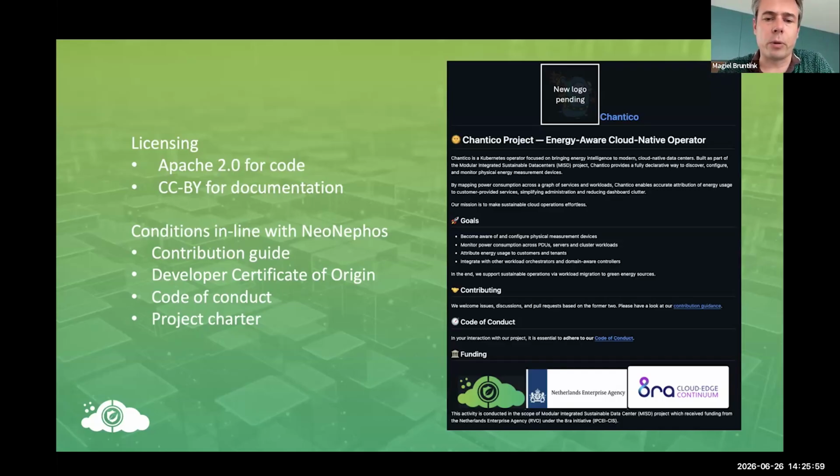And these things are all adopted by our team. We're using the common licensing choices as well, Apache 2 and CC BY for the documentation. This is all visible on our GitHub community page, so we think it's very much in line. Of course, if there are any comments or questions about that, we'd be happy to field those.